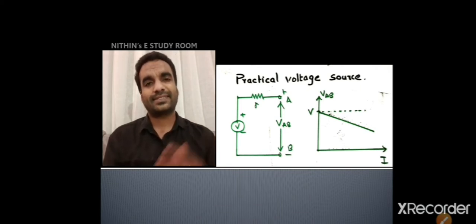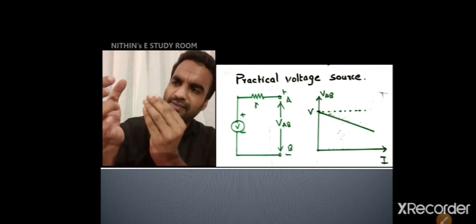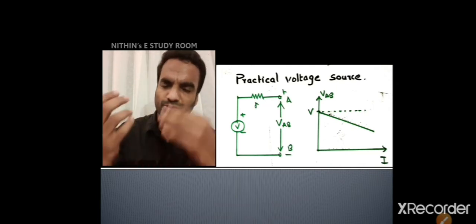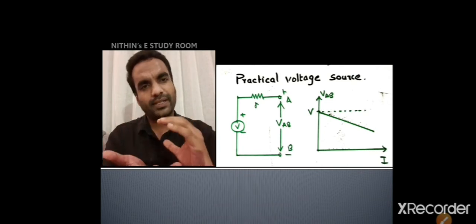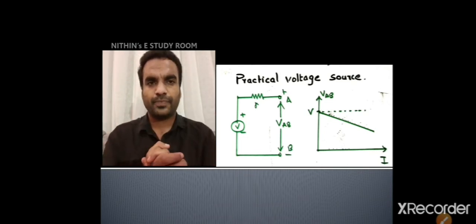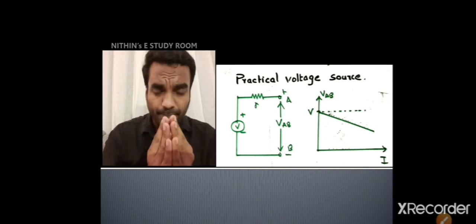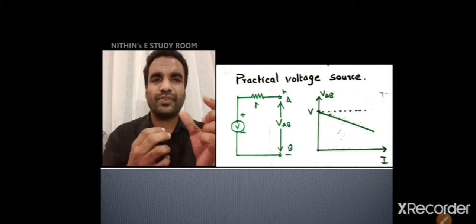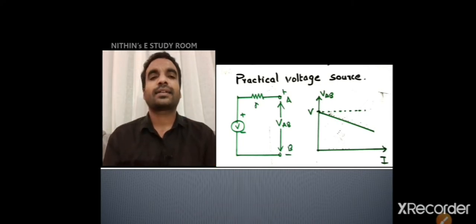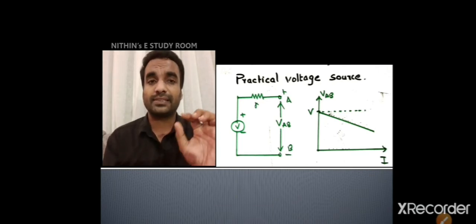If you have a battery with you, can you see any extra resistance outside of it? No. Actually, it is not such a resistance; we are modeling it with such a value. Inside the battery, due to its own properties, it shows some characteristics of a resistance. That resistance we model in series with the voltage value of that particular cell.